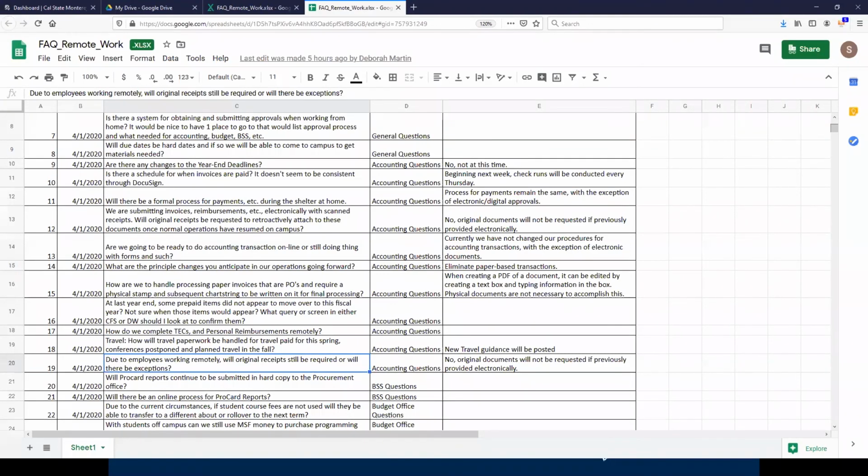We're trying to get used to it, but there will be a bit of a learning curve. There are a couple of extra steps because it's all electronic, so we're working out the bugs, and that causes a little backup. But like Brenna said, we are prioritizing reimbursements and student refunds.